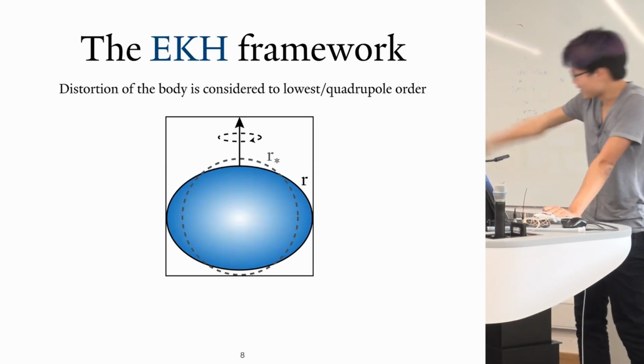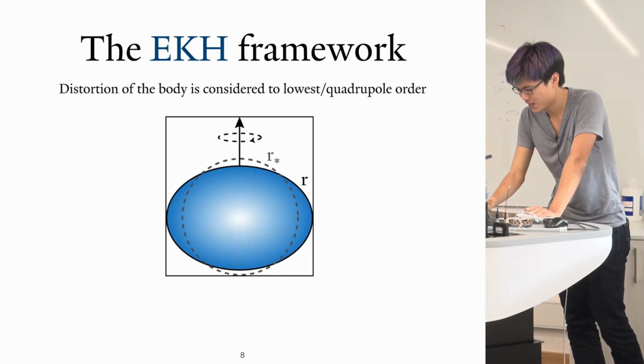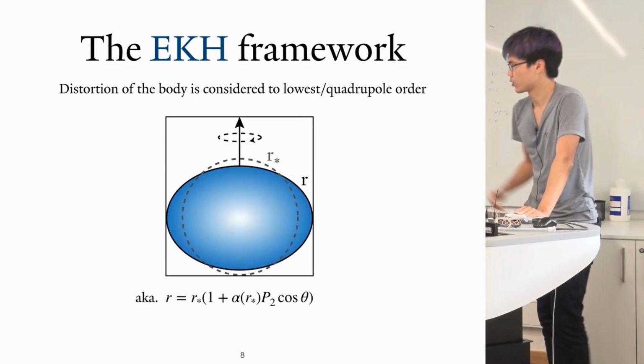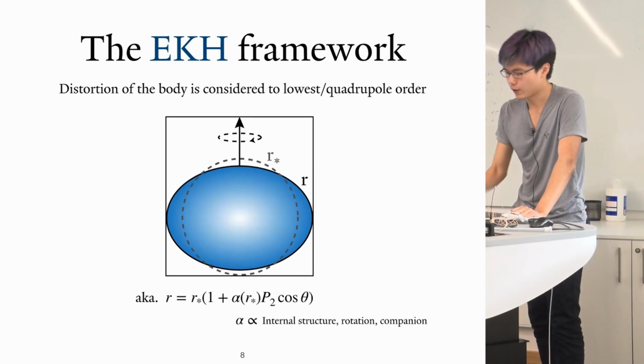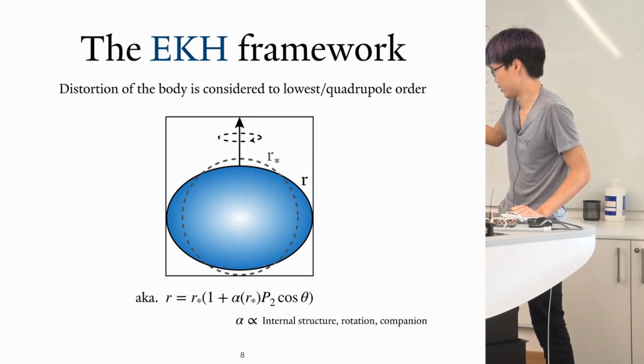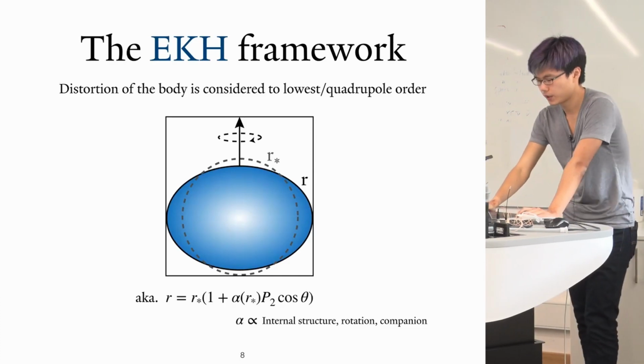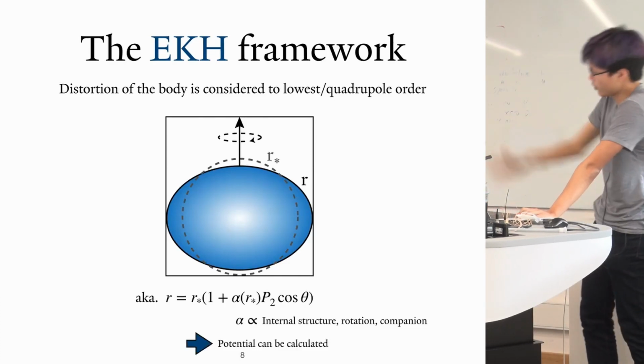Then the actual radius r of the surface can be defined in terms of r star, where P2 is the second order Legendre polynomial, and alpha is this quantity relating to the internal structure, the rotation, and the companion, essentially the system state. But you're able to back out the potential